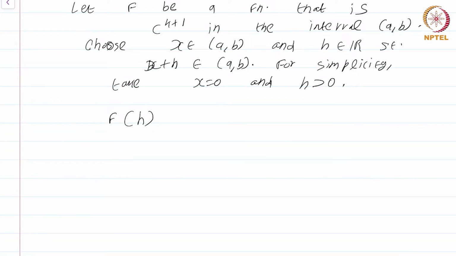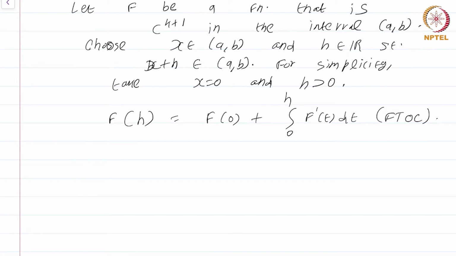That's the aim. Now, first of all, the fundamental theorem of calculus immediately gives that f of h is f of 0 plus the integral from 0 to h of f prime of t dt. Right? This is just the fundamental theorem of calculus. Okay. Now I'm going to apply the fundamental theorem of calculus yet again to get the expression, the integral from 0 to h of f prime of t dt, into a new form.